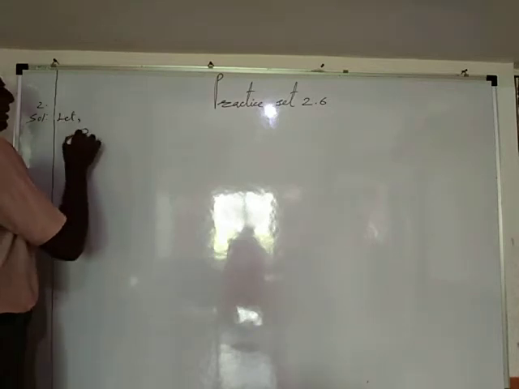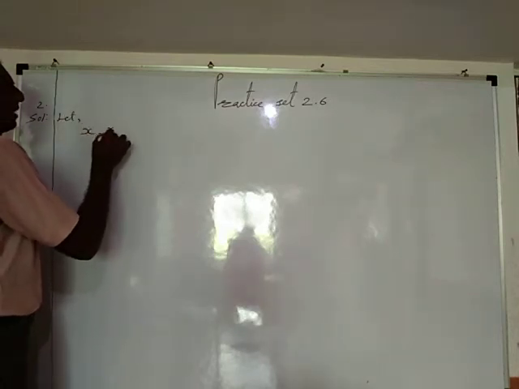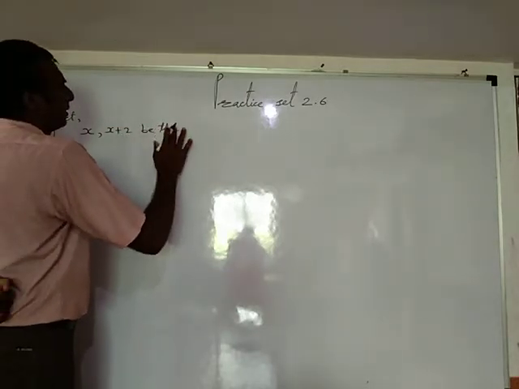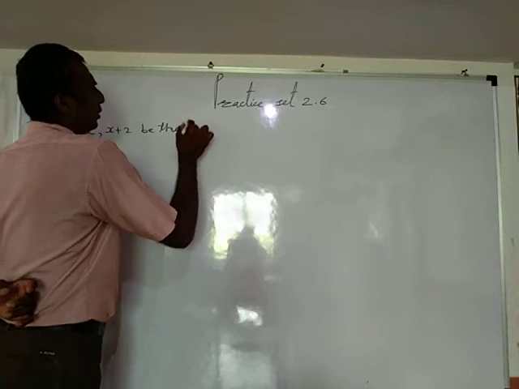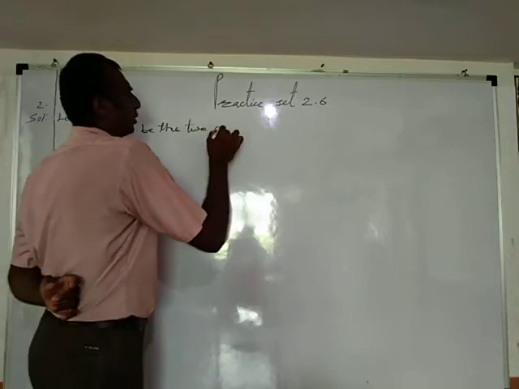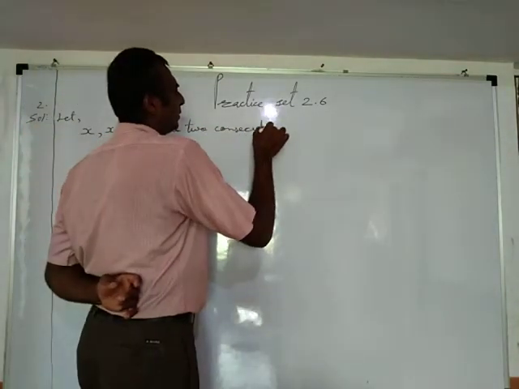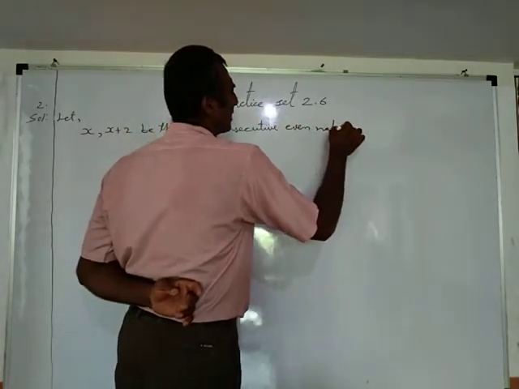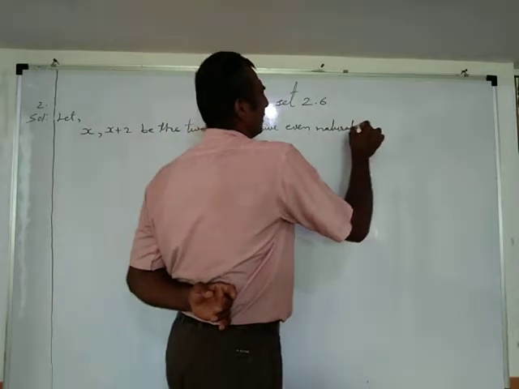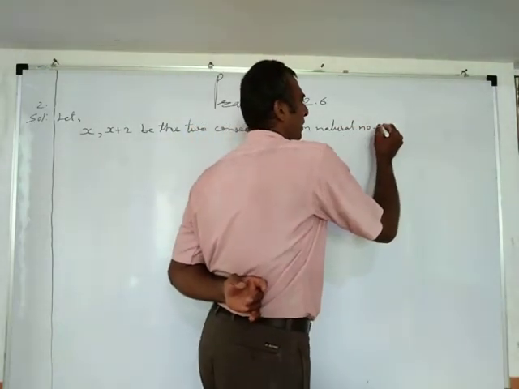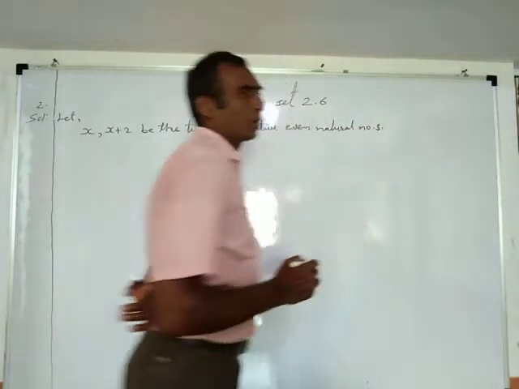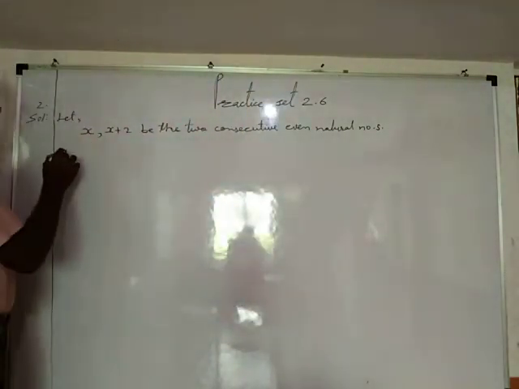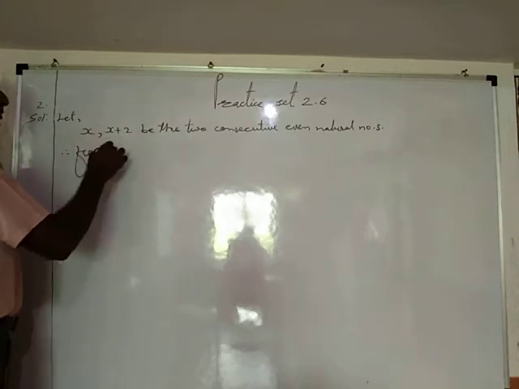Let x, x plus 2 be the two consecutive even natural numbers, because we know that there is a difference of 2 between two even consecutive natural numbers, and therefore from